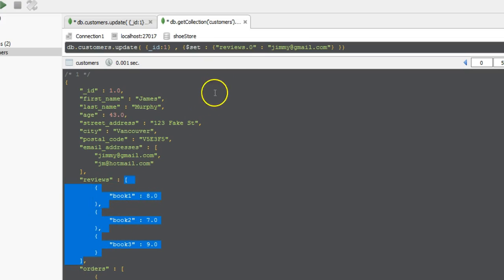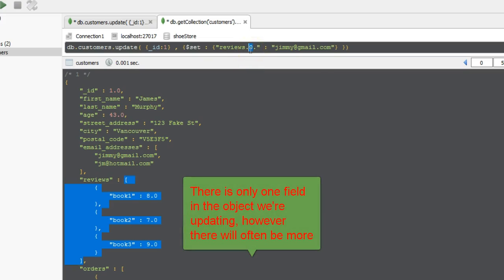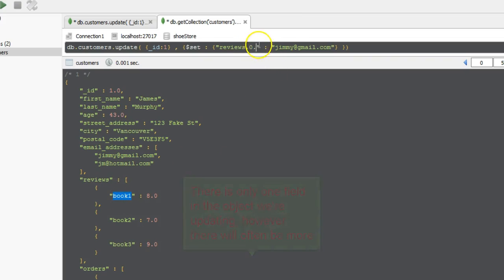So we're just going to use the 0 reference here. Then I also need to say which field within the 0th object of the array I wish to update, and I wish to update book 1. Now I want to change my review from 8 to 9. So if I run this now,